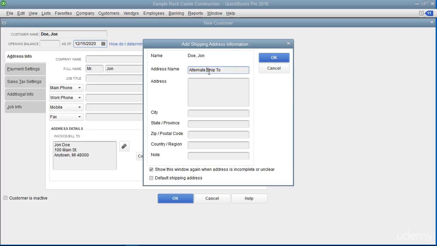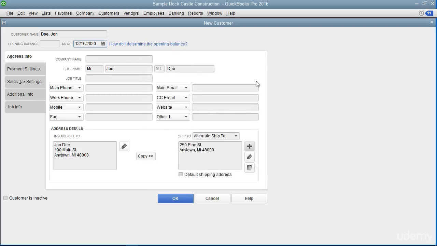Then type the address into the Address, City, State/Province, Zip/Postal Code, and Country/Region fields. If creating multiple addresses, check the Default Shipping Address checkbox of the address you want to set as the default shipping address. To save the address, click the OK button. You can add more shipping addresses by repeating the process until you have entered all of the necessary shipping addresses